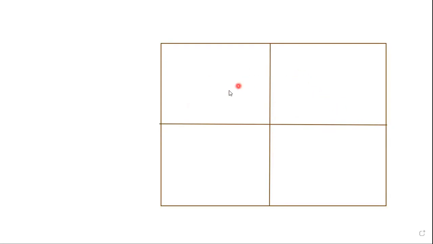Let me specify: first the mouse is here, and I am moving in this direction. Here I am taking a parabola-like path and coming to this point.